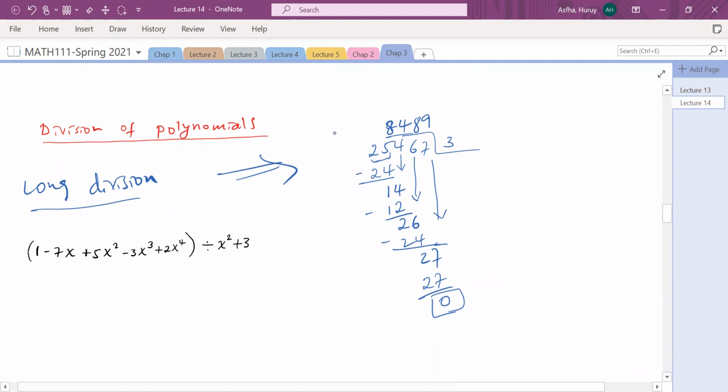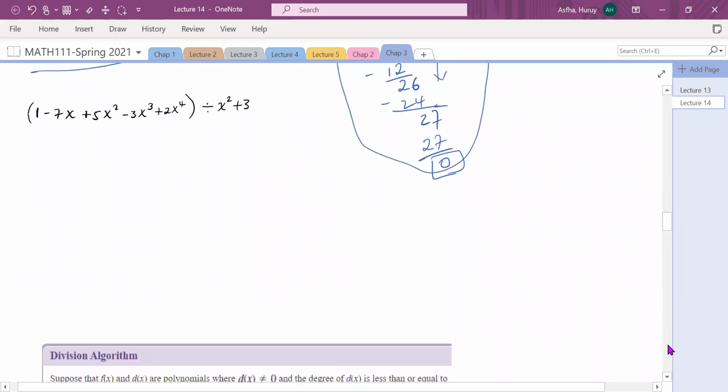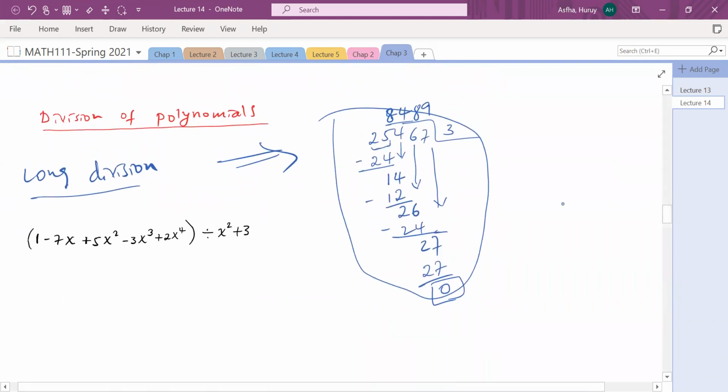So the long division is basically you follow these steps, exactly like what we do with real numbers. That's how we divide two polynomial functions. Now, for example, we have this polynomial divided by this one. The first thing that we need to do is reorder them. We bring the largest power to the front, and then we put them in order. So let's try it that way. x to the fourth minus 3x cubed plus 5x squared minus 7x plus 1